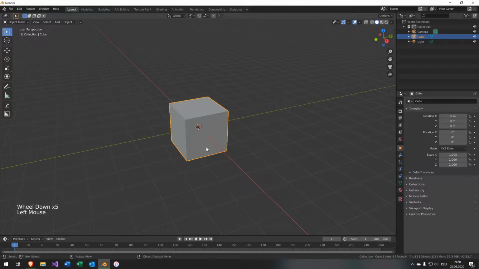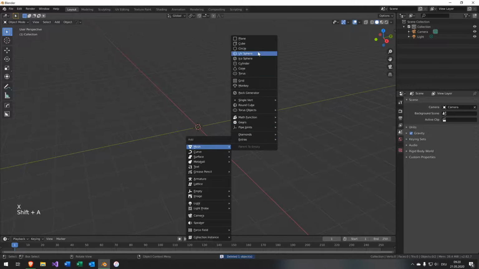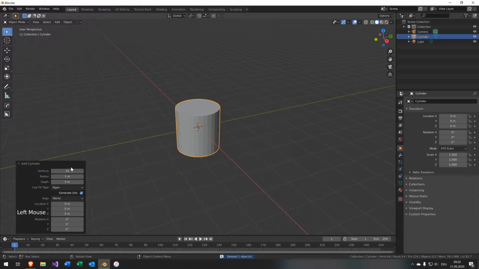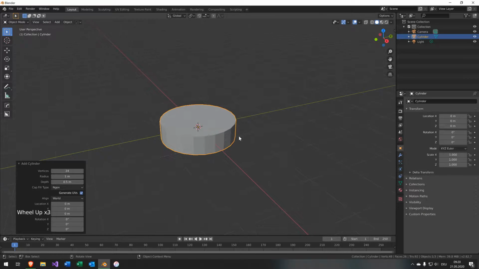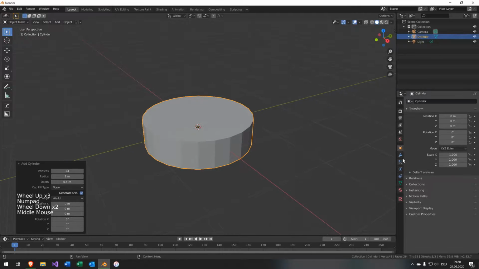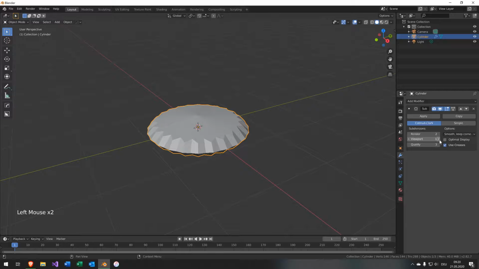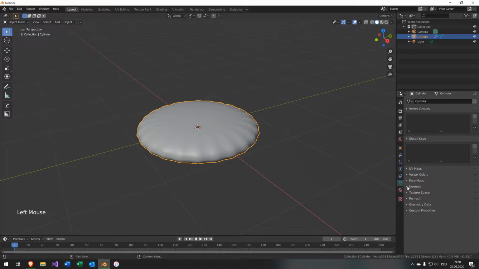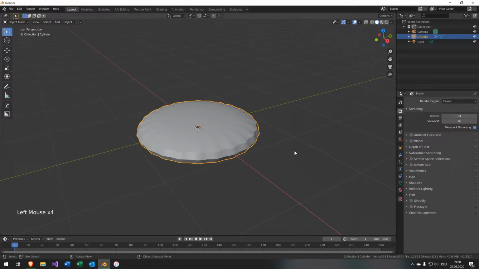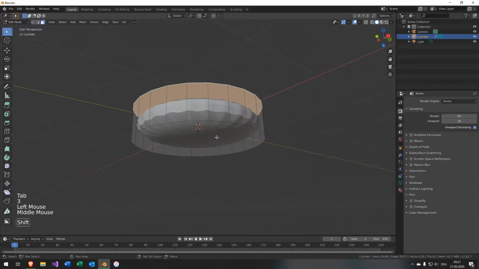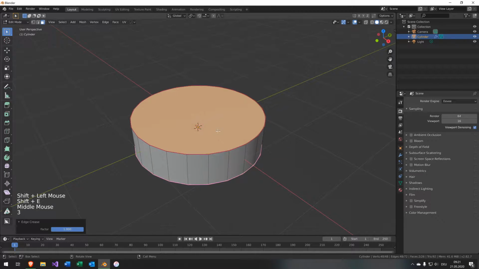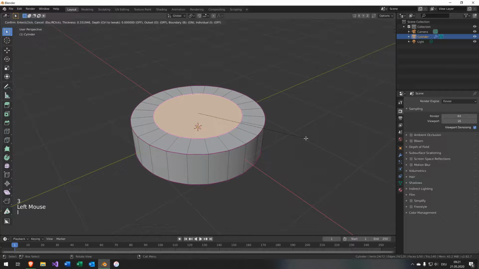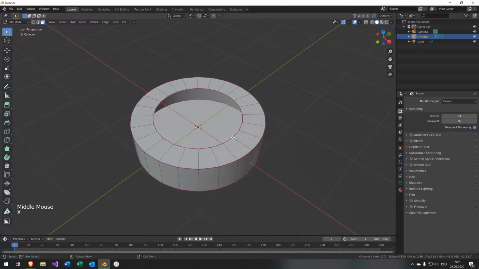So first we're gonna delete our default cube, and I'm gonna insert a cylinder in order to create my complex object. I'm gonna put it down to 24 vertices in order to have a multiple of 6, because we're gonna make a 6-edged screw, and I'm gonna make it a little bit flatter. I'll add a subsurf modifier here with 2 subdivisions, shade it smooth and enable auto smoothing in order to get a beautiful display geometry. And in face selection mode I'm gonna edge crease the top and the bottom face in order to catch sharp edges, and I'm gonna inset the top face to place my